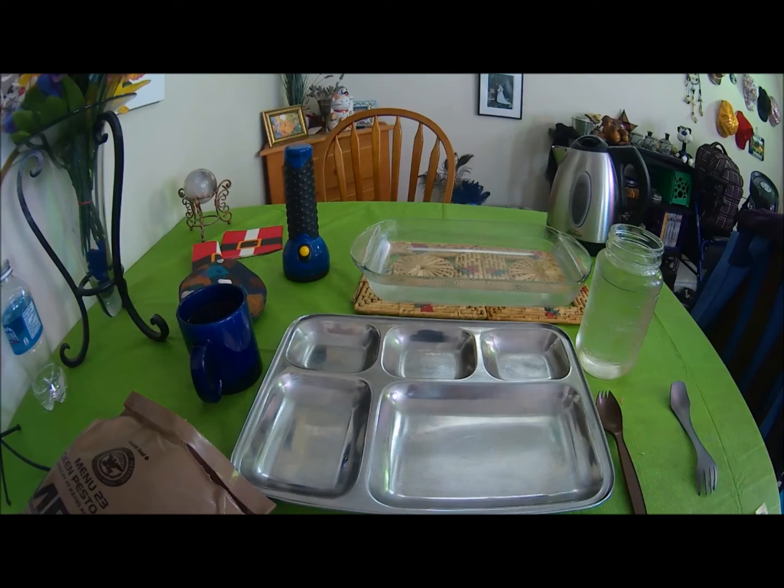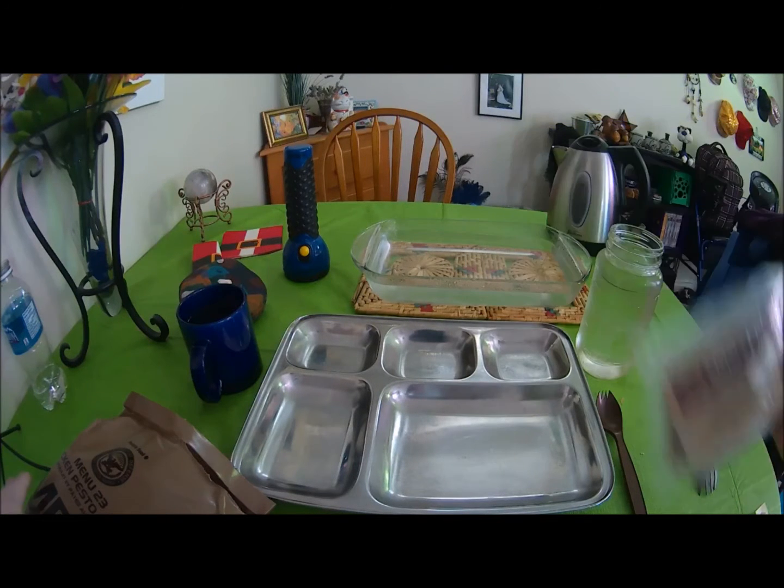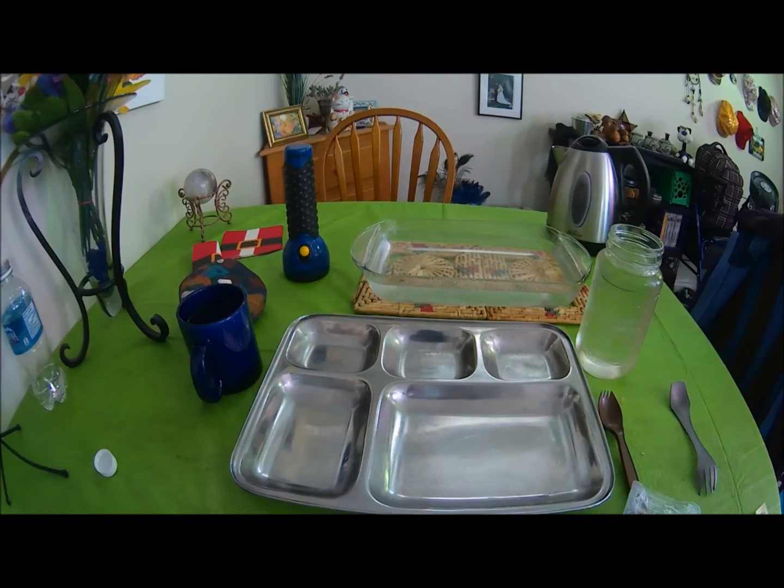Okay, so I have already opened it, and as you can see, I've got my little container there because I am not even going to bother trying with the ration heater. I've had such bad luck with them, I'm not going to try. So there is my accessory pack, which I'll get into in a minute. We've got this, which is a nice decoration. I have my